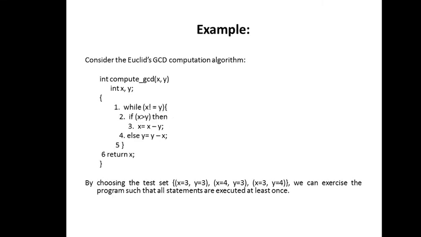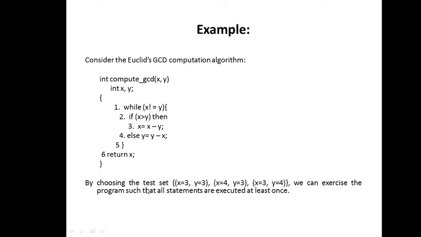So again, the second example taken here is a GCD computation algorithm, Euclid's greatest common divisor. So just the logic of the code is given. Say I take a function compute GCD with two parameters x and y. Then I take a while loop: if x is not equal to y, then one more check is there, if x is greater than y, we execute x equals x minus y, else y equals y minus x. Then the while loop ends. We return the value of x. So this is what is given by this code.